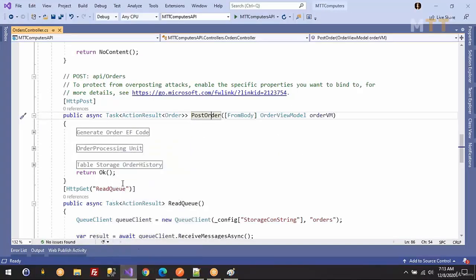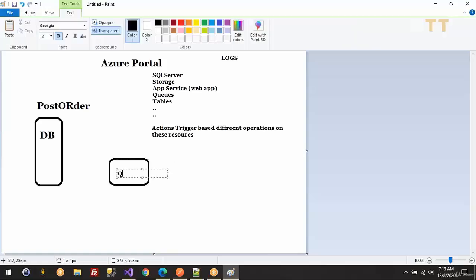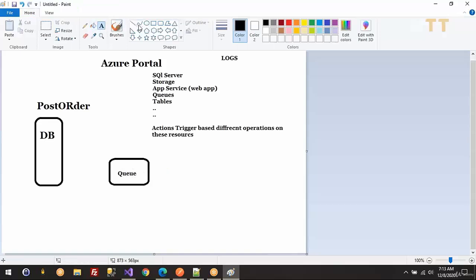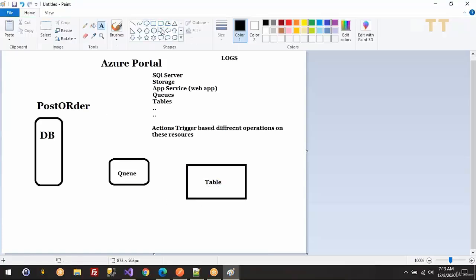I'm adding a row to the database. This we already discussed. Let's come back here. So the solution is, we create our web application, and in my post order, I will add data to the database. This is one task I have to do. Another is I have to add a row to the queue. Then another task is I have to add data to the table. What I can do is,